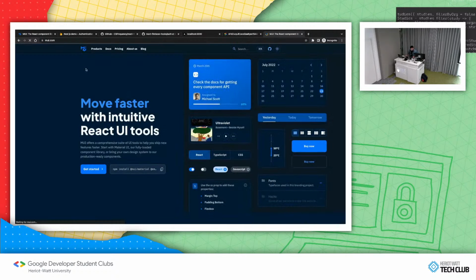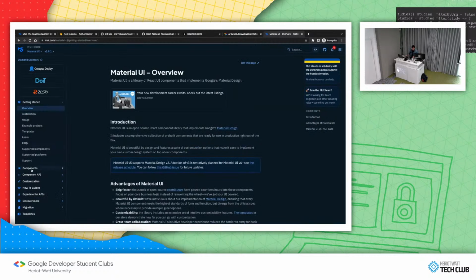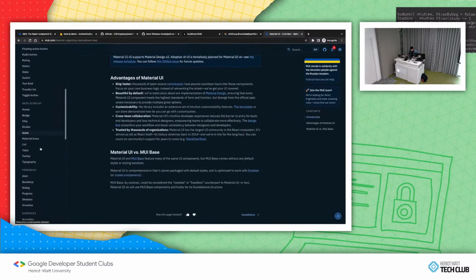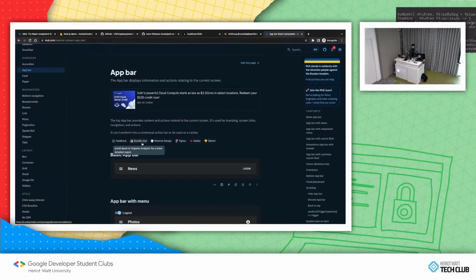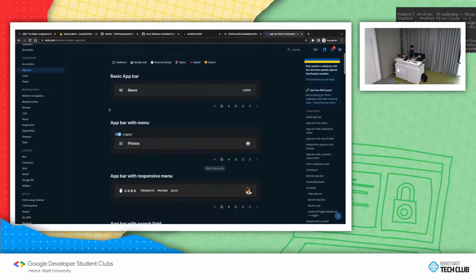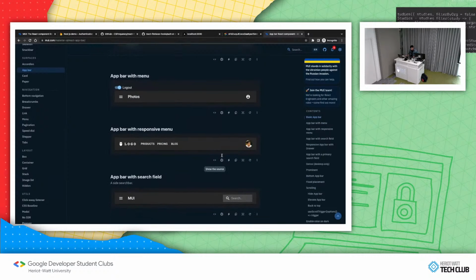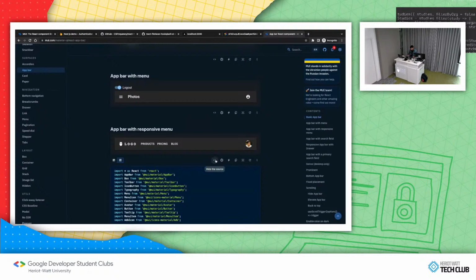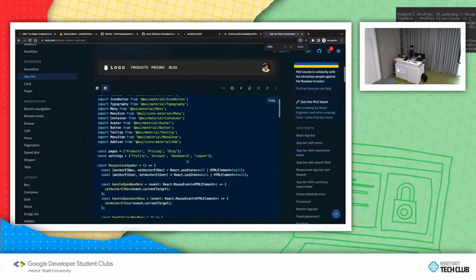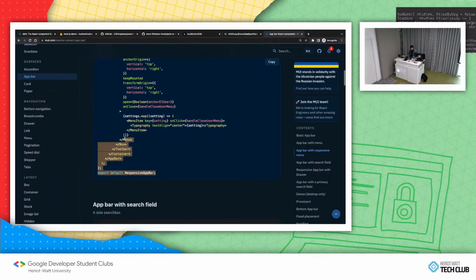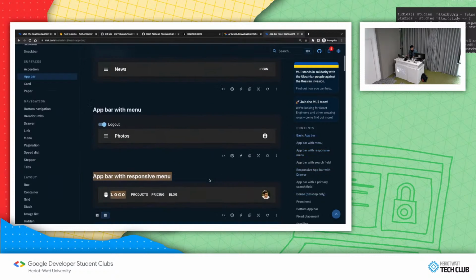If you head over to mui.com and head over to the docs for Material UI, on the left in the components tab, you can see we have a lot of components that you can choose from. One of the basic ones we'll need is app bar, for example. App bar is something that goes on the top of your app. You can see that we provide certain examples over here. If you want this app bar with a responsive menu, you can click on the source code over here, and it should give you all the code necessary for adding this app bar to your own app. So what you can do is just copy the code,